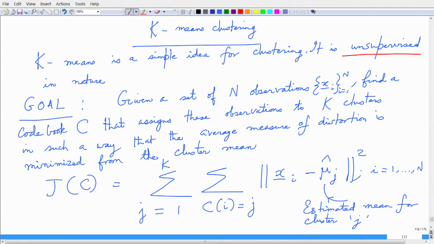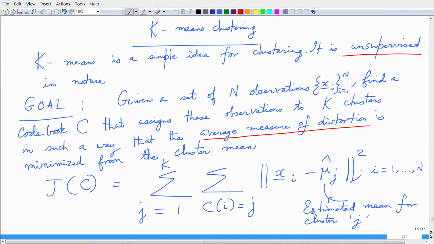Given a set of n observations x_i, i going from 1 to n, find a code book C that assigns these observations to k clusters in such a way that the average measure of distortion from the cluster mean is minimized, right. What it means is I am given a set of points and I have to have a label for these data points. So, imagine I have a set of points here,